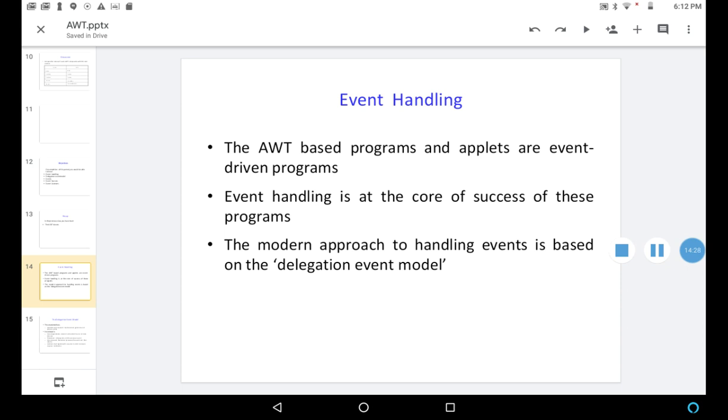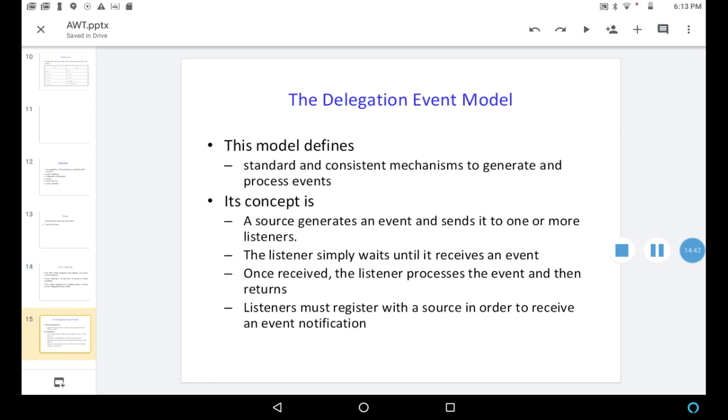So the modern approach to handling events is based on the delegation event model, okay.